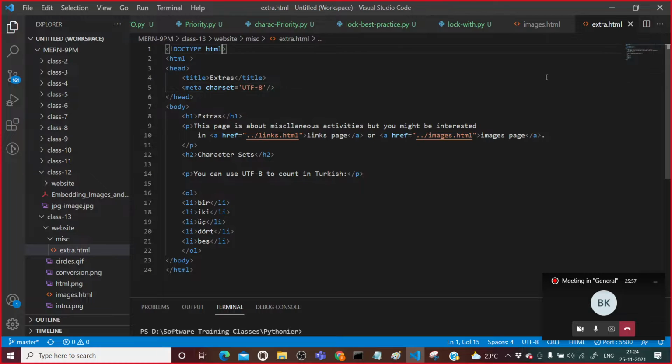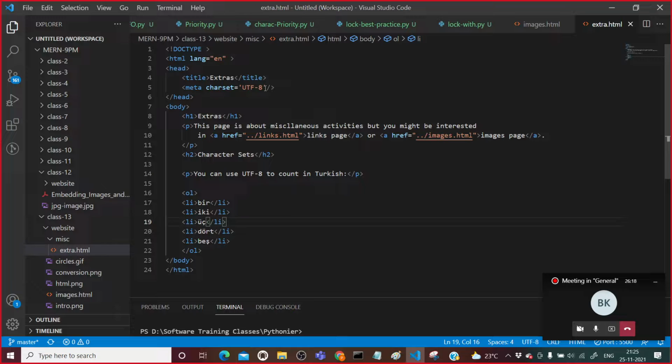After that, apart from this, we know lang. In the HTML tag I am going to make use of lang, and this will contain English. Now in English I am using UTF-8 encoding.